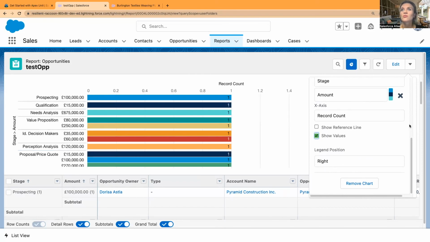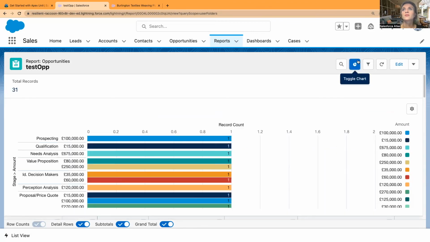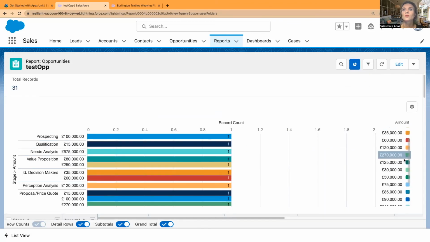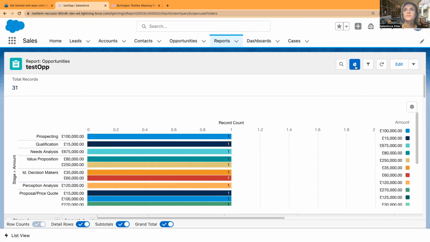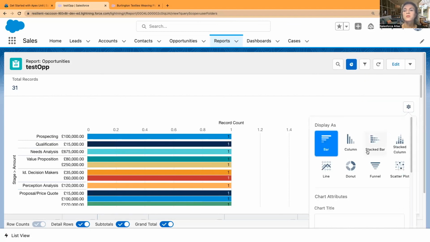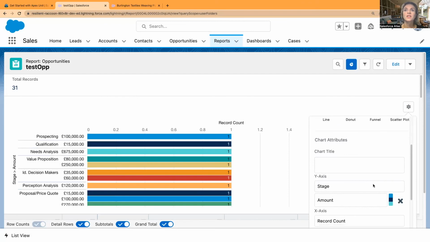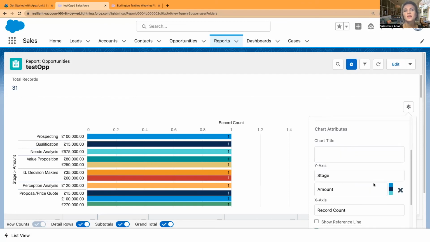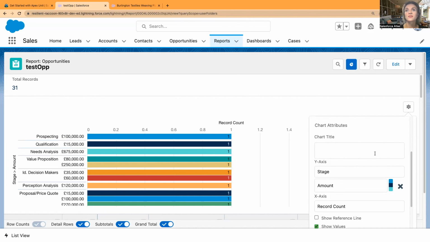So it's going to be either on the right or at the bottom. So this is the legend here. And again, with the charts, it's easier to play around and see and think what you're looking for exactly. And the most important thing about creating charts is about presenting data in the most readable way. So you can see maybe the best chart